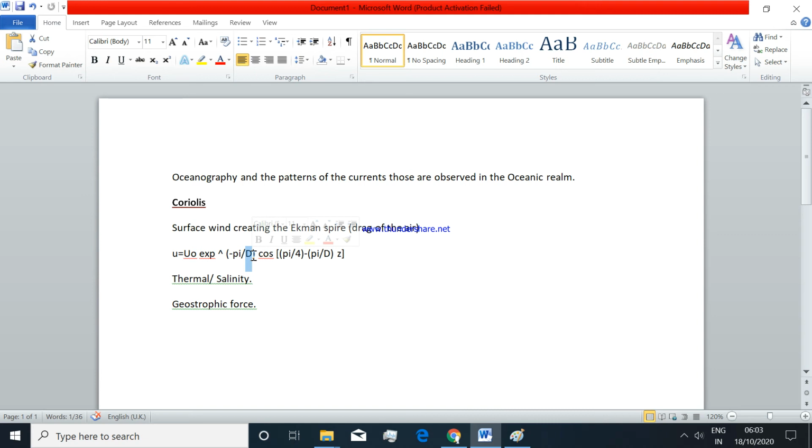Whenever the viscosity of the water column is high, then obviously D will be high, and whenever the density of the water column is high, then D will be lower, and that will govern the equation. And what we find out from the equation is that,